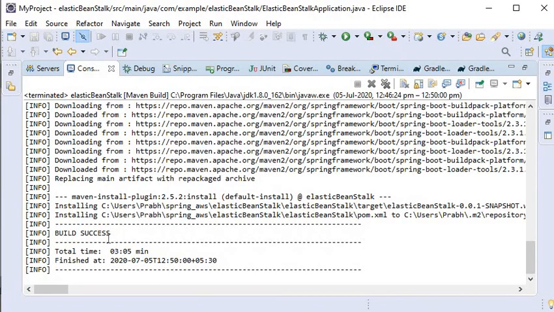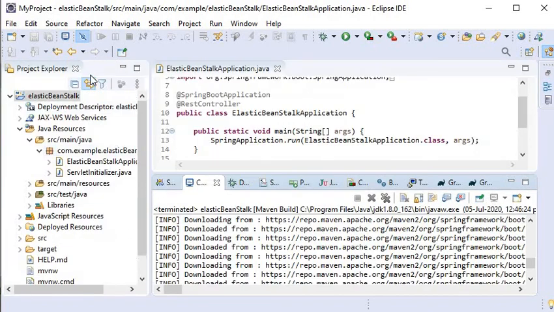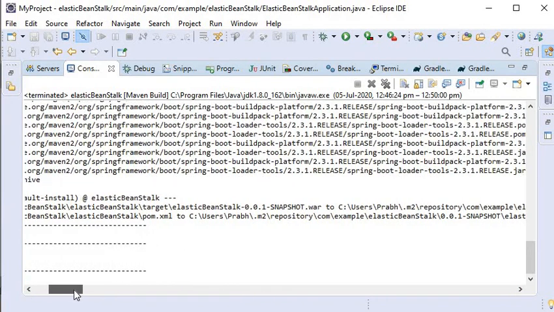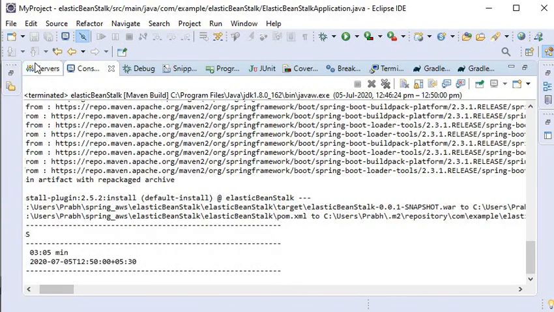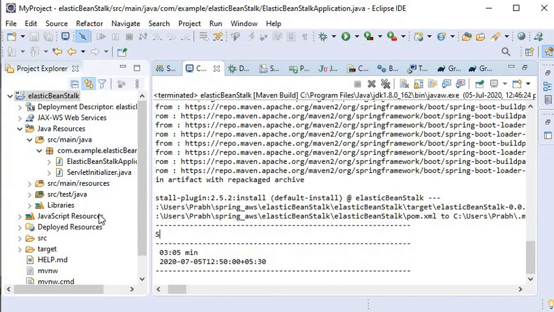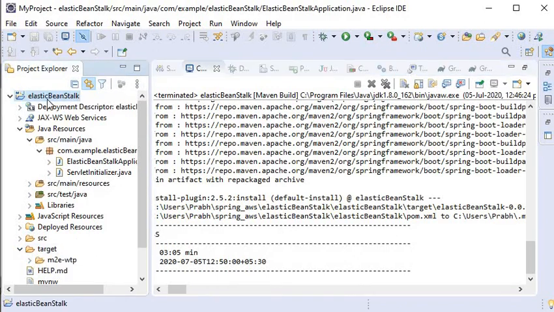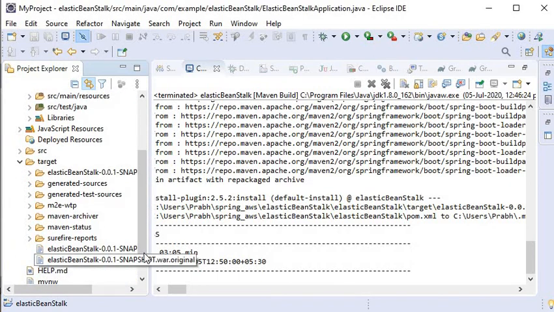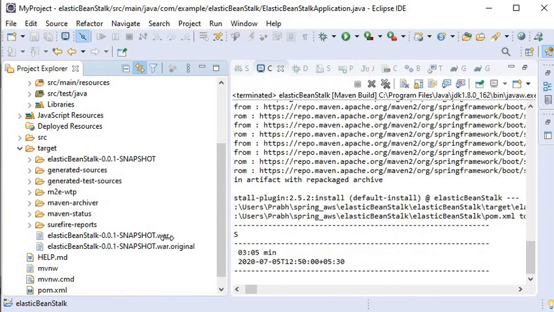So here I need to go into my target folder, where my war file is available. First I need to refresh it. After refreshing, we can see my war file is available here.